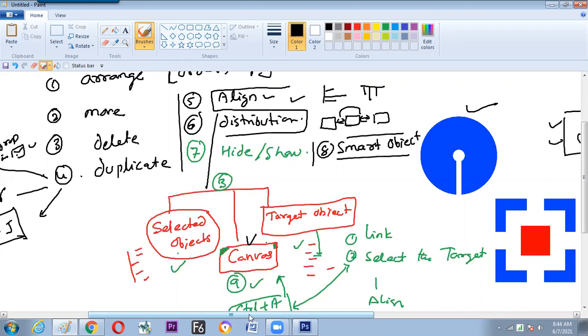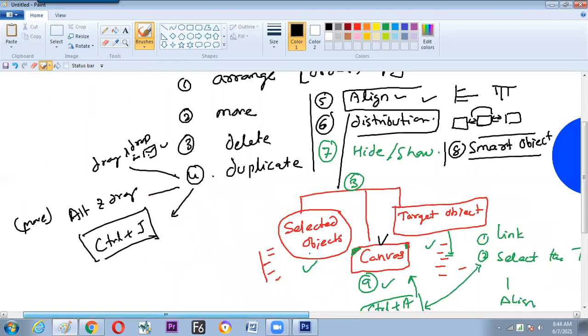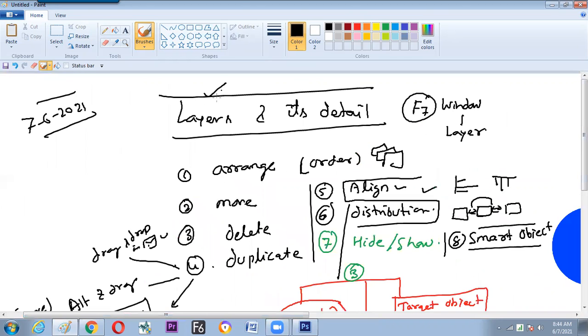And now the summary of the class: we have learned about the concept of layers, and Photoshop is a layer based software. Again, a new definition we started making. Photoshop is a layer based software. The question may come, what are layers? A layer is just an arrangement of objects one above the other. And the Photoshop definition changes here. It's a layer based software. It is a photo editing software. It is a raster based software. It is a pixel based software.